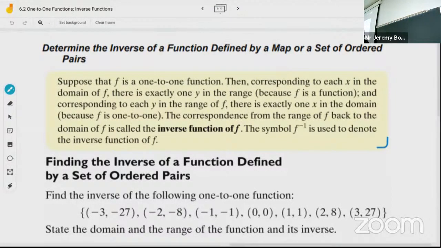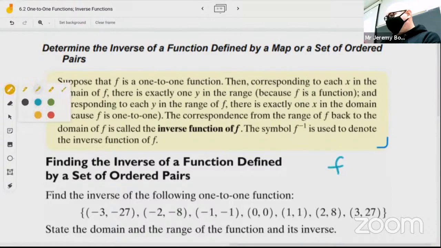Okay, so if you have some function f that's a one-to-one function, we can find its inverse function. The inverse function is the function that maps in the opposite direction. So if you have f, and that f is taking items from this set and mapping them to this set,